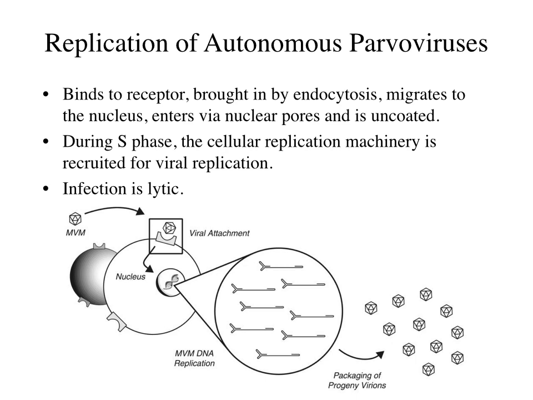The autonomous parvoviruses are dependent on host cell functions for their replication. They're unable to induce cells to enter the S phase of the cell cycle. Therefore, they are able to productively infect only cells that are going through the cell cycle. Their basic replication scheme, of course, would include attachment to host cell receptors that will initiate clathrin-mediated endocytosis of the